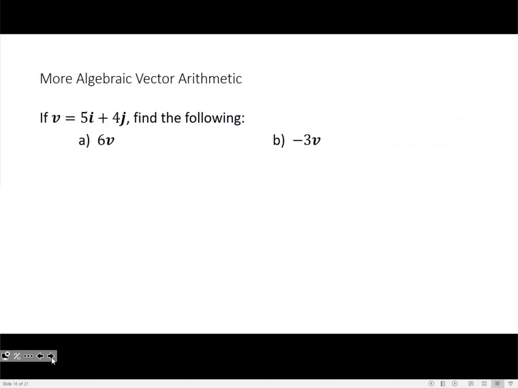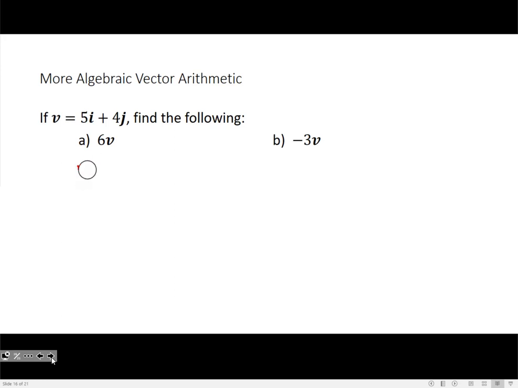On the next slide, I do have two more examples dealing with scalar multiples. Okay, and for scalar multiples, what we're going to do is a similar treatment. I'm simply going to distribute my scalar multiple to both components of my position vector. So to find 6v, I'm going to multiply 6 to the i component of v and multiply 6 to the j component of v. So if v equals 5i plus 4j,